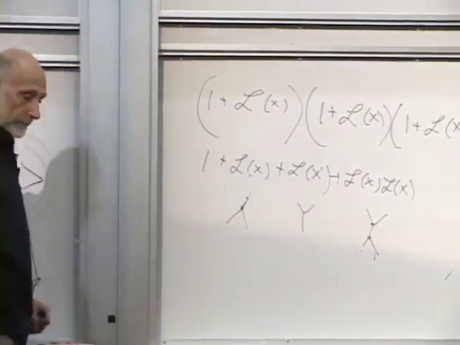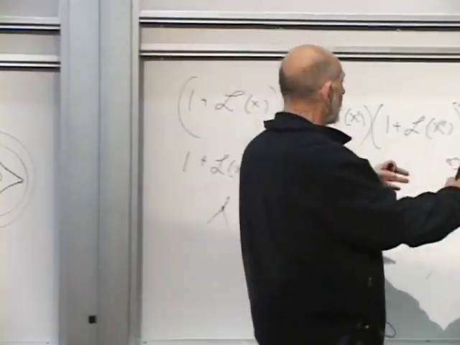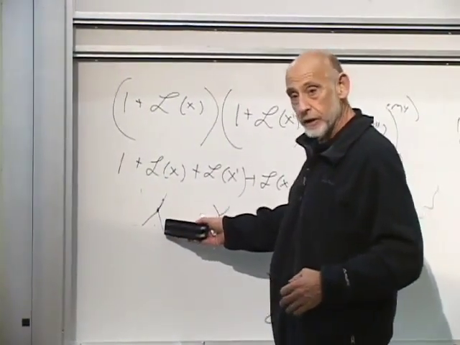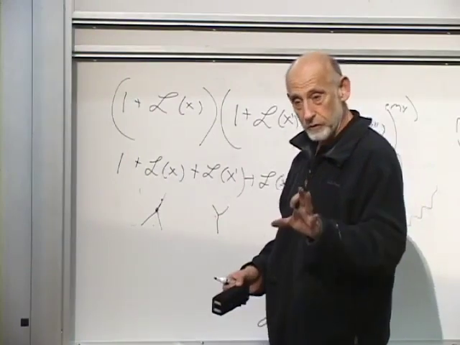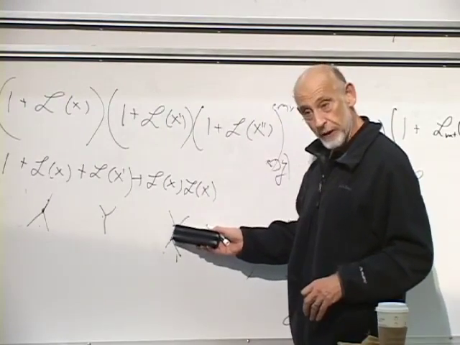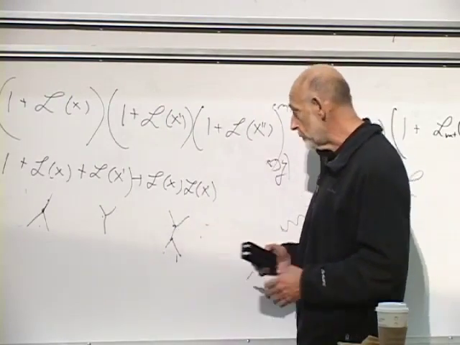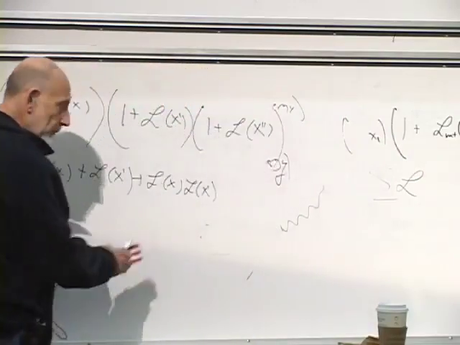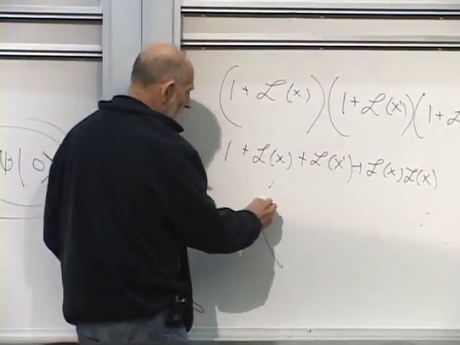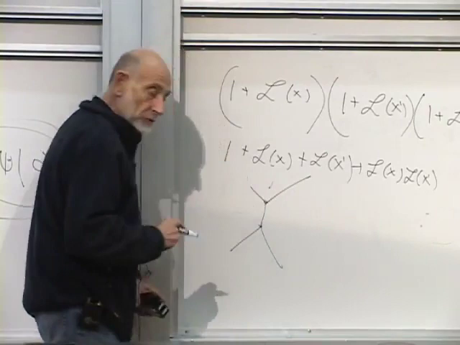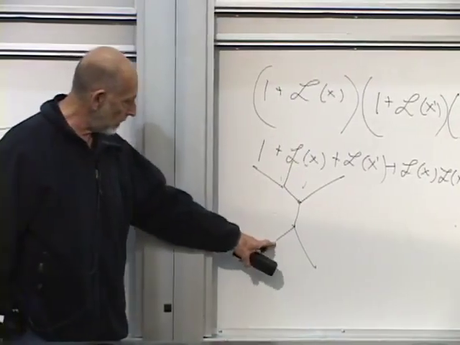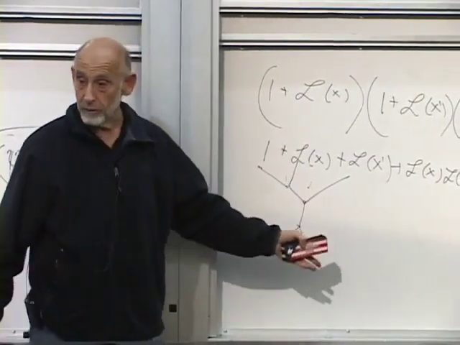And eventually, by the time you multiply all of these terms together, you get an infinite number of terms in which a basic unit can happen at every point of space once. And then an infinite number of terms where 2 points of space are involved. And then an infinite number of terms where 3 points of space are involved. Let's draw one where 3 points of space are involved. Two particles come in, a particle goes out, another particle goes out, that's only 2 points of space-time, and then another vertex over here. So that's 2 particles in, 3 particles out.